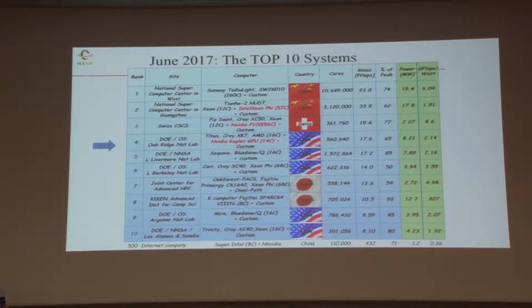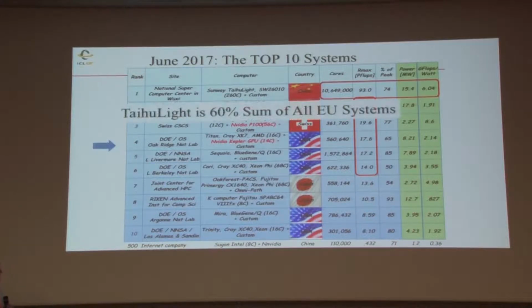That's probably the first time it's not in the upper end of that list. This machine here is incredibly powerful, right? Incredibly powerful. If you were to add up the next 5 machines, you would get to that 1 machine. So if you connected together somehow those 5 machines, that's equivalent to that 1 computer. That's a big computer that they have. And if you take the sum of all the machines in the EU, including Switzerland,